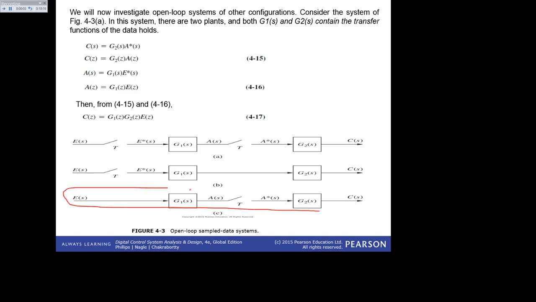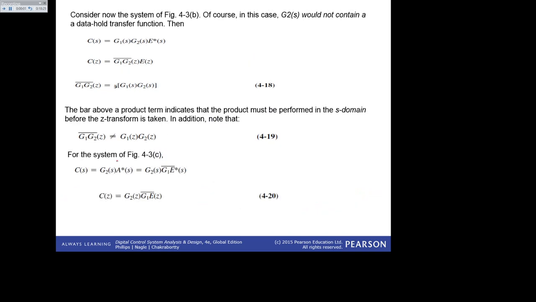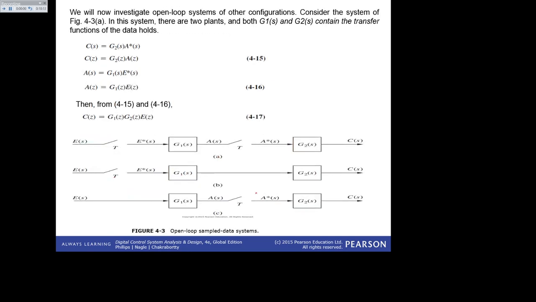Then let's go for the last one, which is figure 4.3c. What will be my C(S)? My C(S) will be G2(S) A asterisk S. This is how it's going to be. But A asterisk S will be G1 E asterisk S, so it's going to be G1 E asterisk, not G1 E(S), because